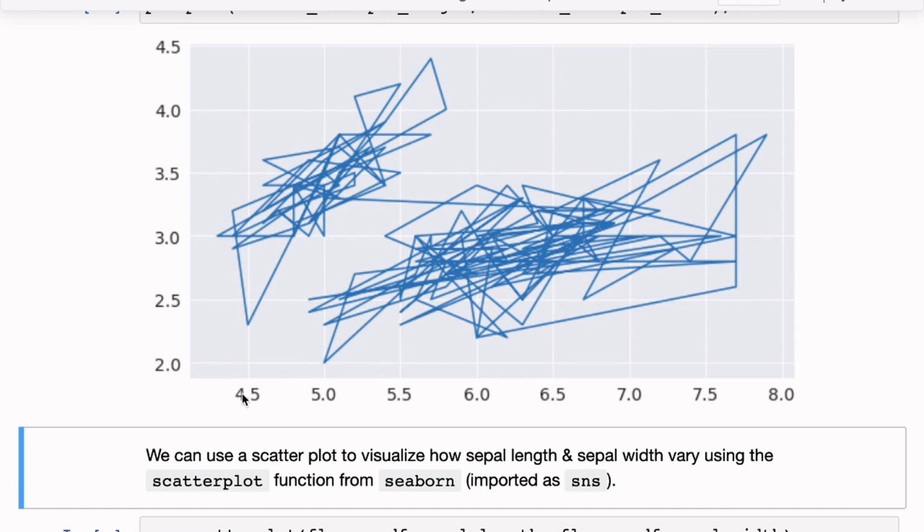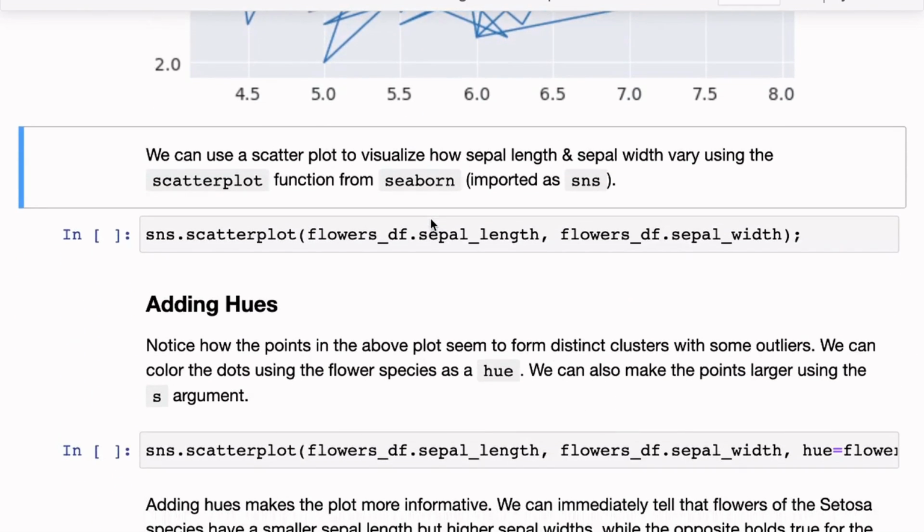Earlier what we had was years. So we know that the years would increase. So at least one of them was ordered, but here there's no order. So in cases like this, especially the first time you try something, you might just start with a plot like this and see, and if you get a bad output like this, then maybe a line chart is not the best thing to draw here. And the next thing that you should try is to draw a scatter plot.